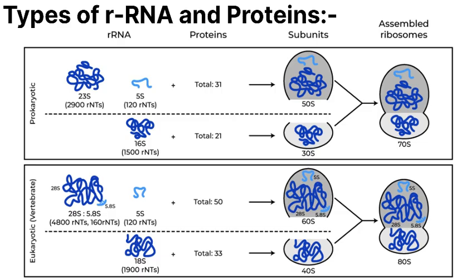And if we talk about their protein components, it has 50 proteins in the larger subunit and 33 proteins in the smaller subunit, where these 2900 NTs and 120 NTs refer to the length of the rRNA strand. We know that nucleotides are the basic building block elements of RNA or DNA compounds, where each nucleotide consists of sugar, phosphate groups and nitrogen bases. But you don't need to know all these things for now. We will discuss them in some other chapter.